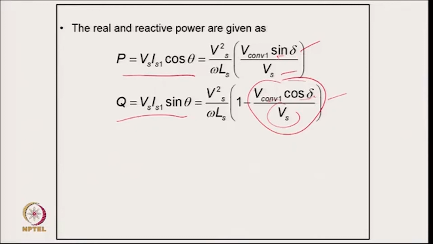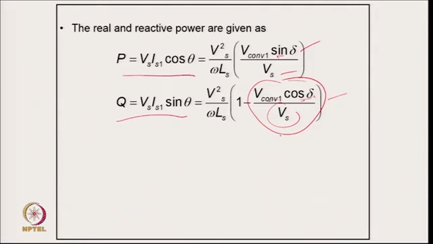So, the same equation is taken here also, similar to a lossless synchronous motor, which is taking power from the grid and feeding to the mechanical side. So, exactly the same, and you can have a power factor unity also there. So, that is the basic concept here. Otherwise you can have delta 0, then active power will be 0, and by varying the converter voltage, you can control the reactive power